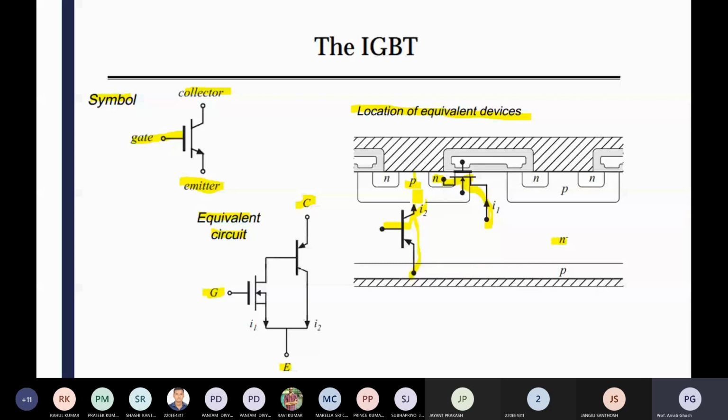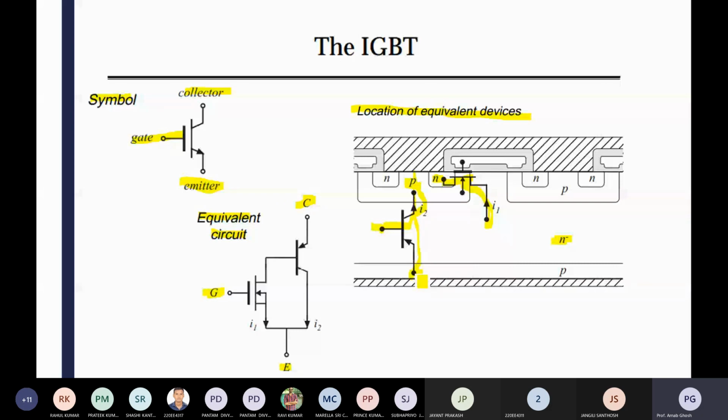It is an emitter, and it is your collector. So the collector is connected with that gate, drain, source. Now it is your gate, drain, source of that MOSFET. The source and emitter are both connected, and the source and collector are both connected in the case of the BJT. Your gate is connected here, your base is connected to that N minus, and P is common.